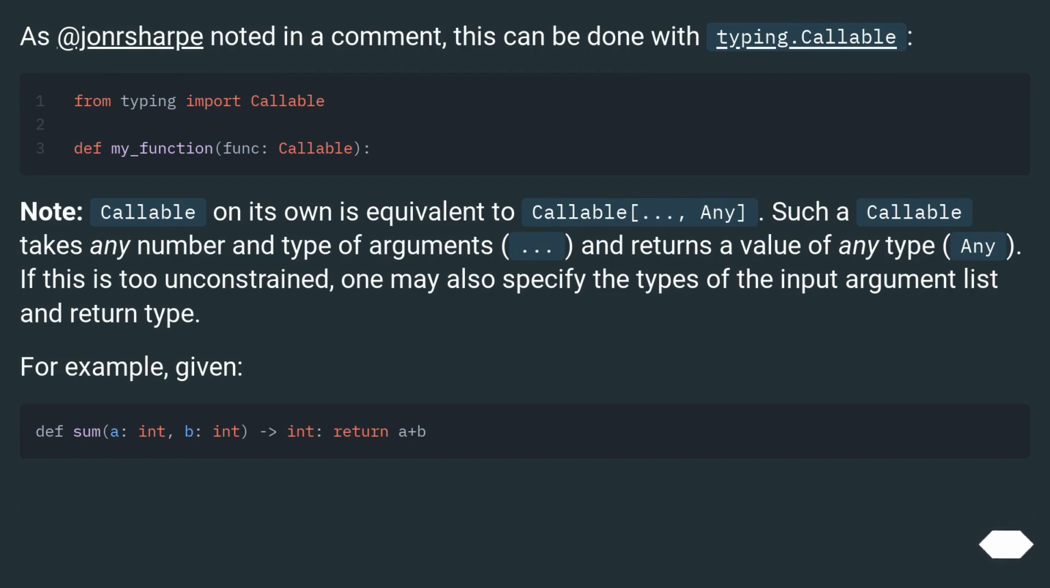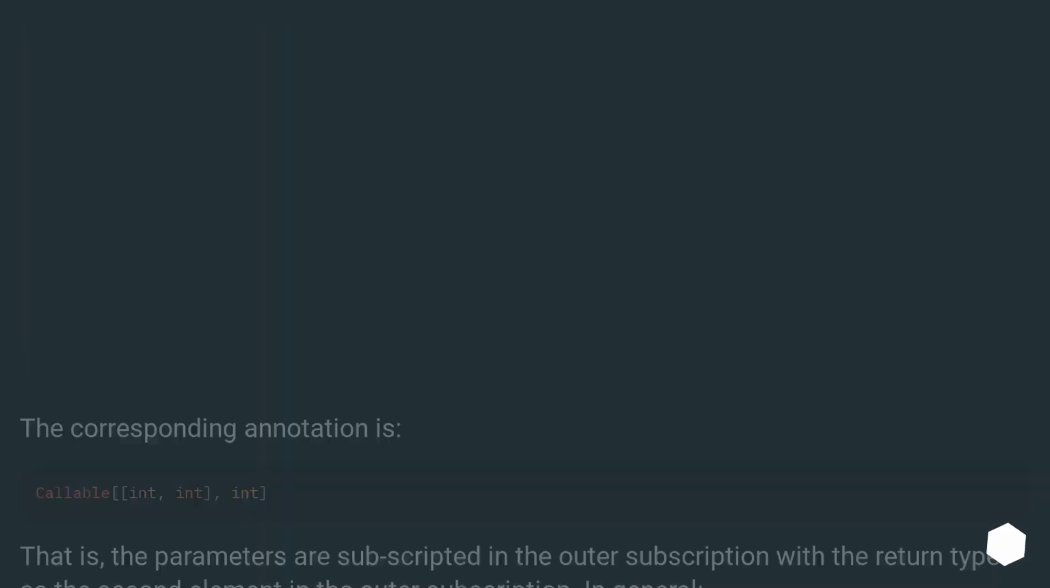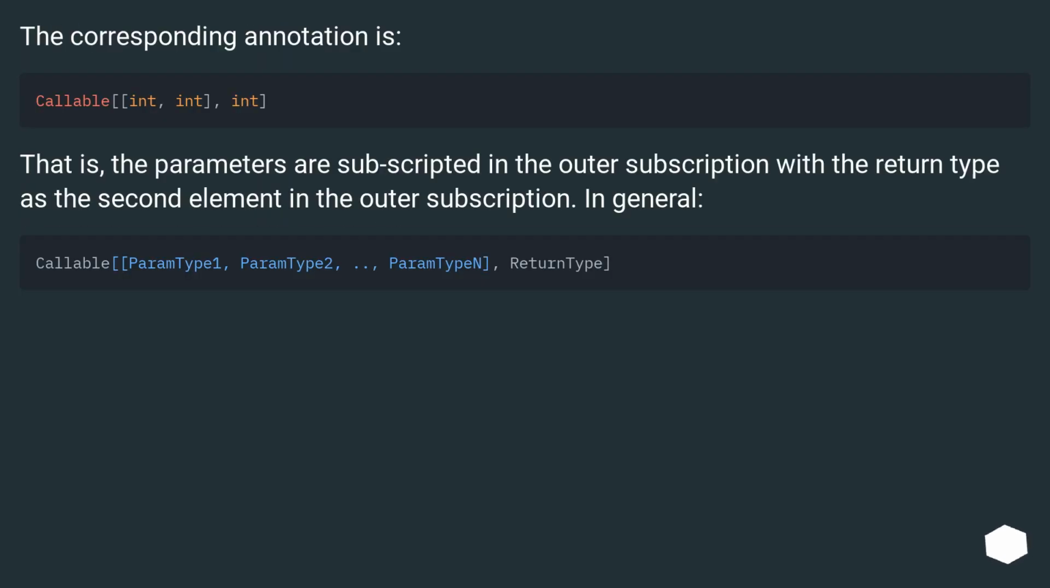For example, given the corresponding annotation is. That is, the parameters are subscripted in the outer subscription with a return type as the second element in the outer subscription. In general,